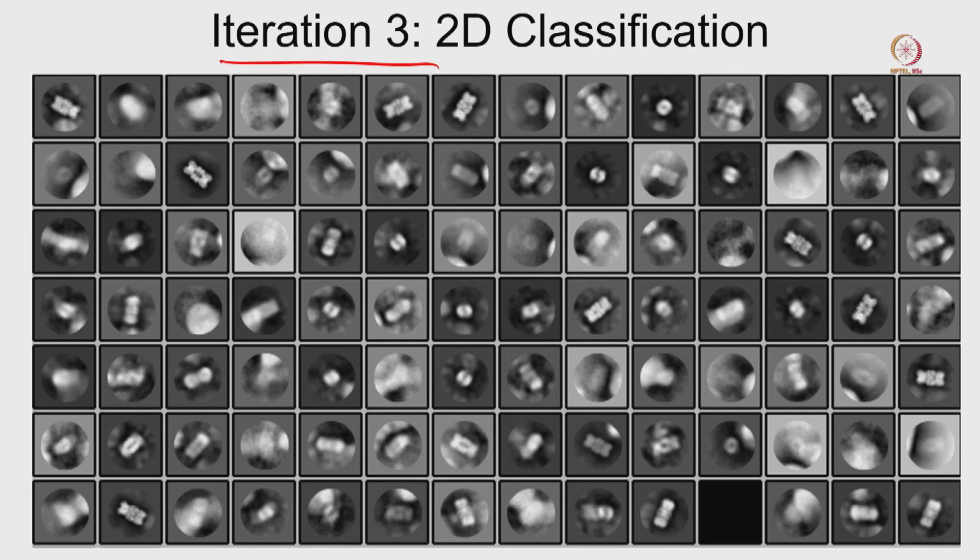Now in some cases you can see there is a rectangular shape, some molecules are coming. Those are looking different than the rest. There are some where we cannot see anything here.